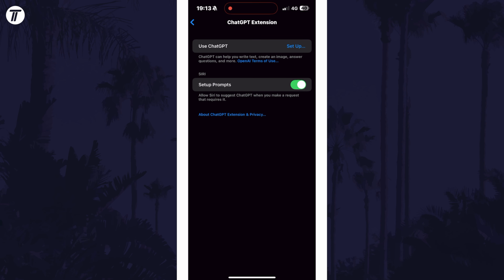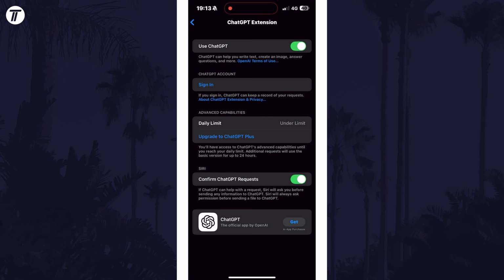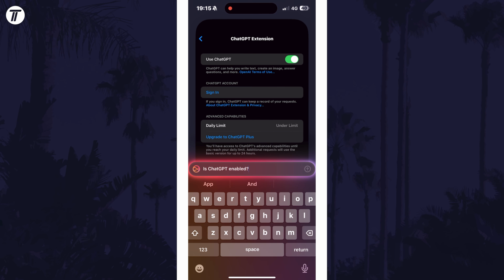If you're setting up for the first time, there will be a few pages to go through first. Click on Next, then enable ChatGPT to turn it on. You can now test it out with Siri, and you may need to confirm to use it if you get